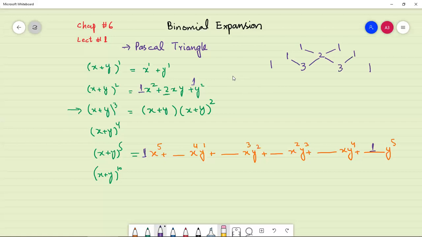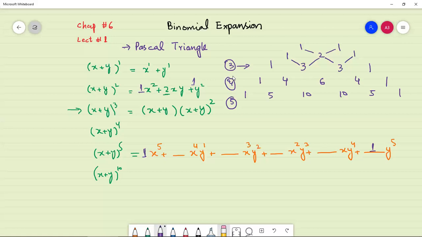And here we write 1, because at the end of the x^n and y^n expansion there is always 1. So this is for x^3. For power 4, there is always 1 at the start, then 1 plus 3 becomes 4, 3 plus 3 becomes 6, 3 plus 1 becomes 4, and at the end of the sequence it would be 1. For power 5, there is always 1 here, 1 plus 4 is 5, 4 plus 6 is 10, 6 plus 4 becomes 10, 4 plus 1 is 5. So at the end of the sequence there would be 1.